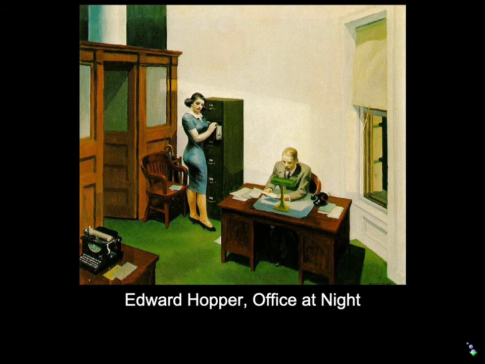This may be nothing more than an exchange of two people working. Maybe she's saying, do you want me to file so-and-so under A? Maybe nothing more than that. He seems to not look at her. And yet Hopper has this way of creating a tension between them. That string blowing in the wind implies a sort of breeze going across them.